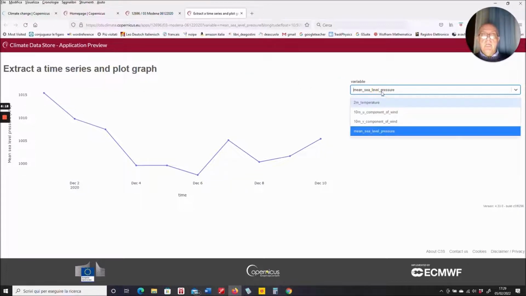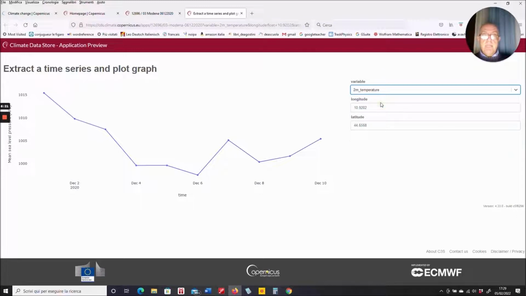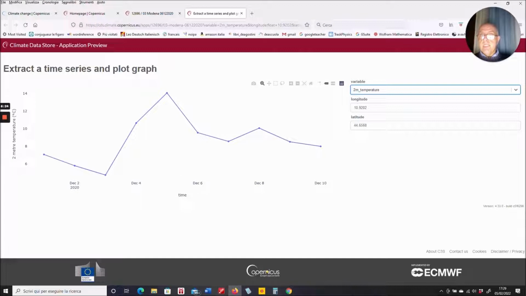Okay, and if we have a look at the temperature on December the 6th, approximately December the 5th, December the 6th, you see that the temperature had an opposite variation. We went from December the 3rd, we had 4.72 degrees, and in a couple of days we reached 14 degrees, which means that a strong wind was blowing from south, so we can even